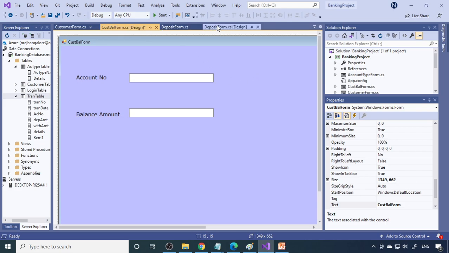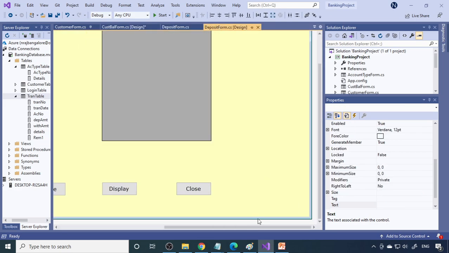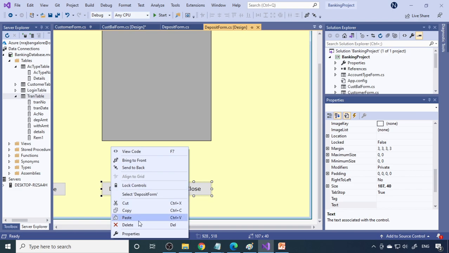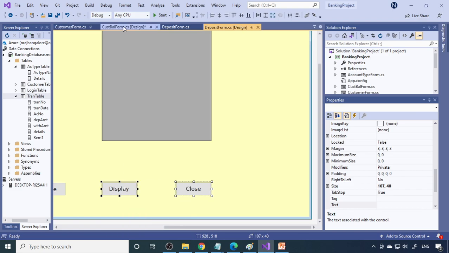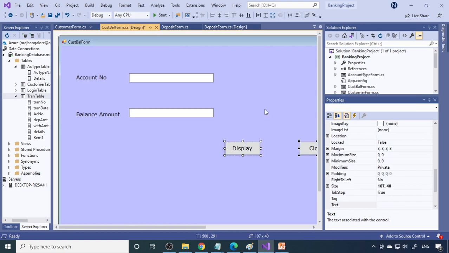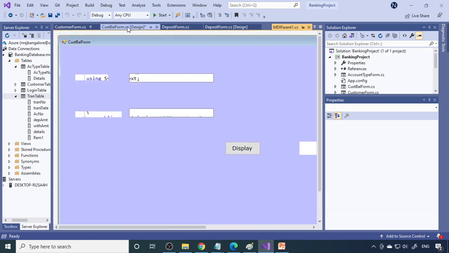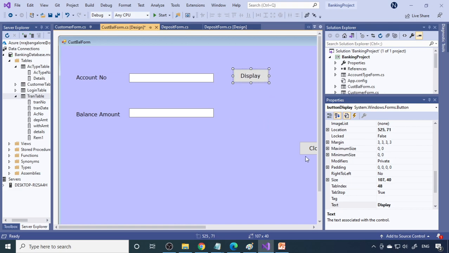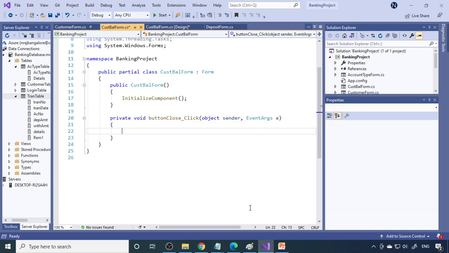So you require a button, so therefore you select some buttons here. So copy these two. Fine. So you can say display, and there is a close button over here. Close. So this dot close.